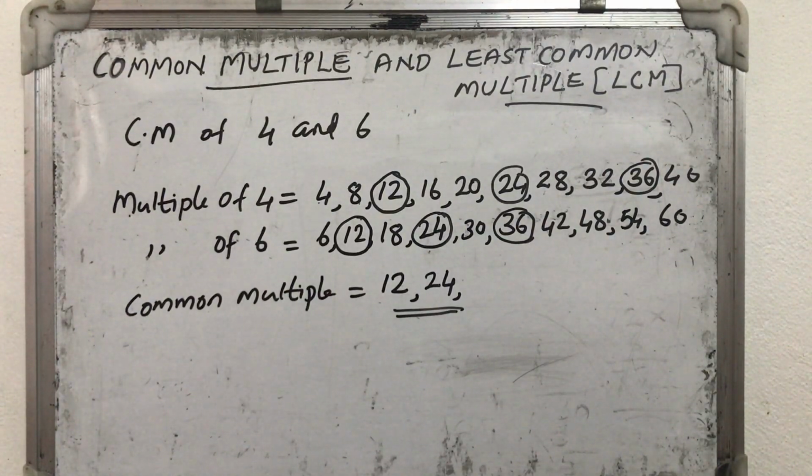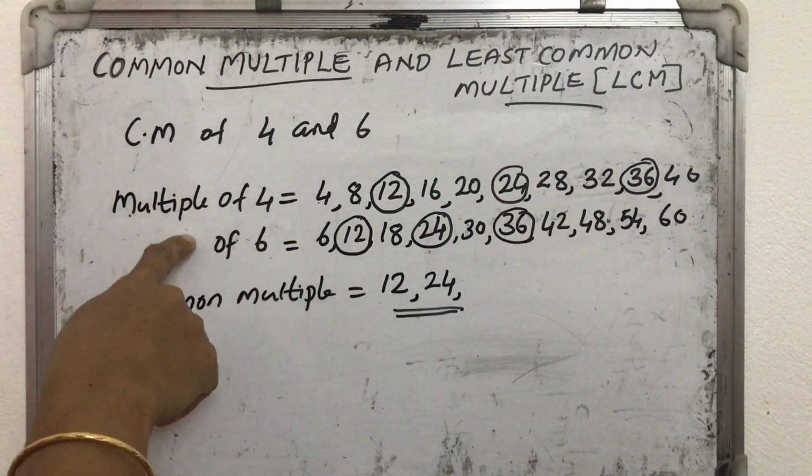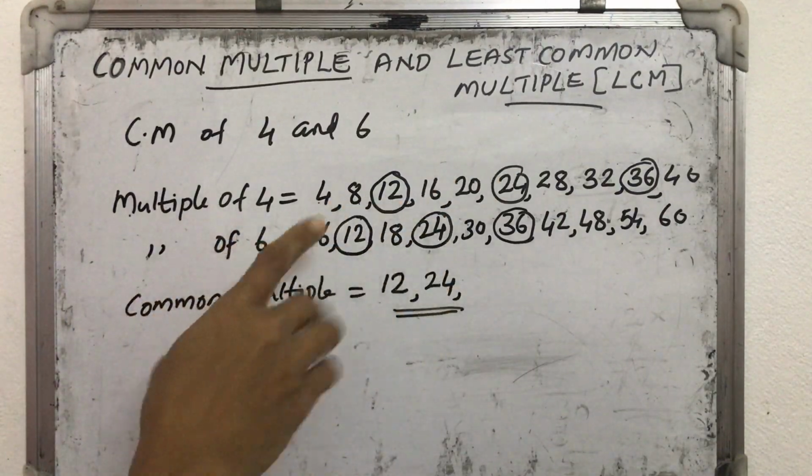Okay, for some numbers there will not be any common multiple. Such cases are also there. If we want to find the common multiples of 5 and some other number, suppose 8, sometimes we will get them. Then for some other numbers, such as 13 and another prime number 7, sometimes we will not get a common multiple for them. Such cases are also there. So for finding common multiples, first we list out any 10 multiples of those two numbers.